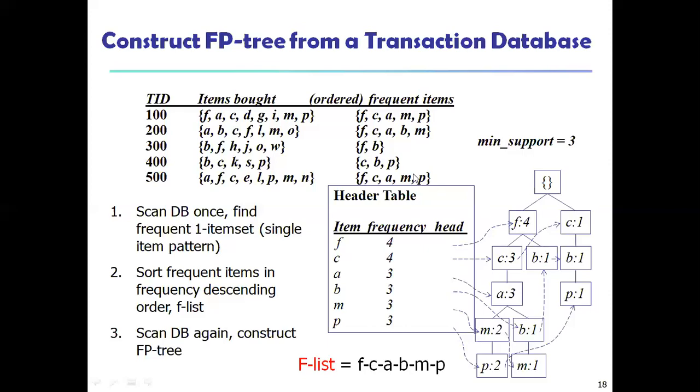There is no transaction, so I am stopping here. Similarly, if you take C, here C is the first candidate. It is not coming from any other, so it has to come directly from the null set. If you see, F is the first one, so it is coming directly from the null set. Here C is the first one, so it has to come directly from the null set. C has occurred 1, C is followed by B and B is followed by P. Similarly, your last transaction F. F is followed by C and A and M and P.